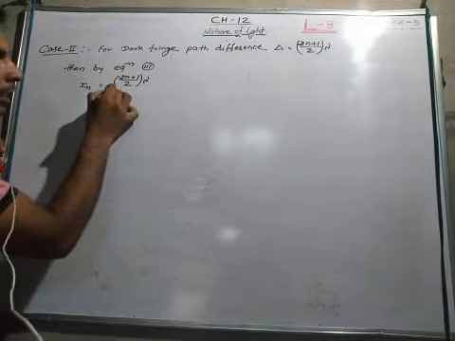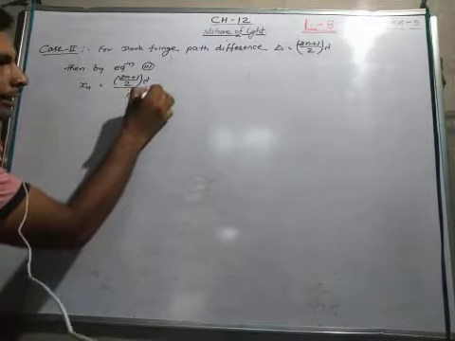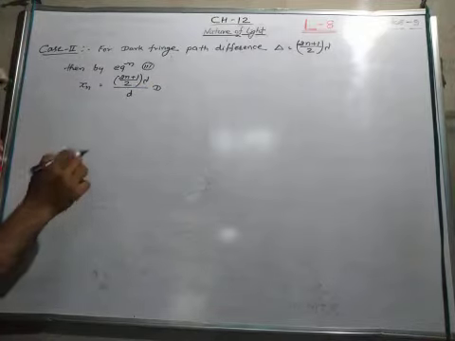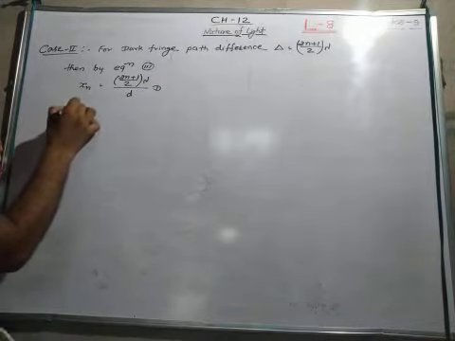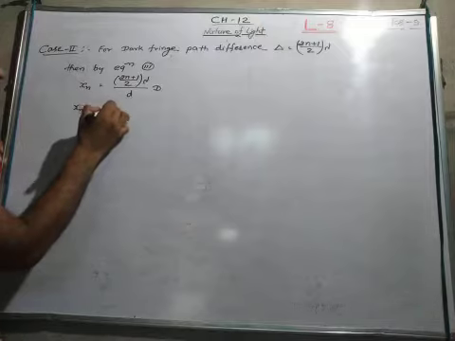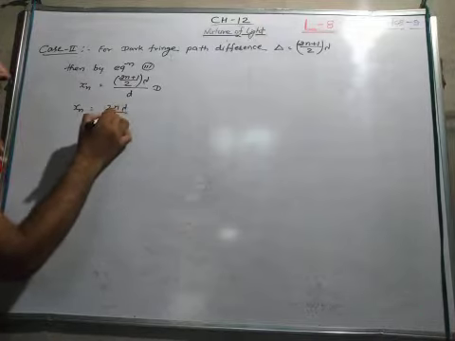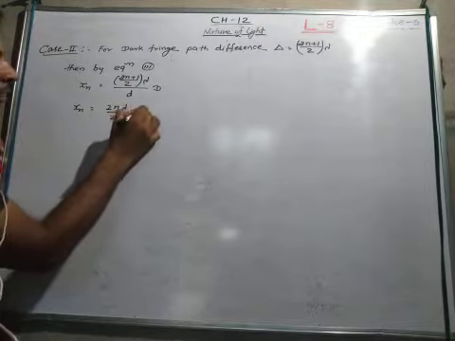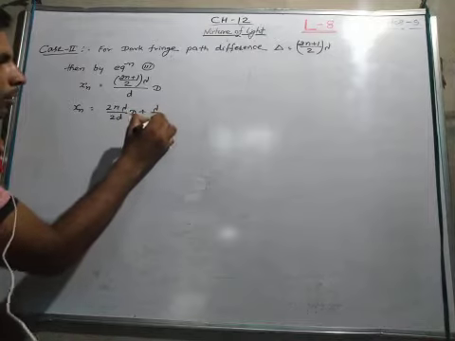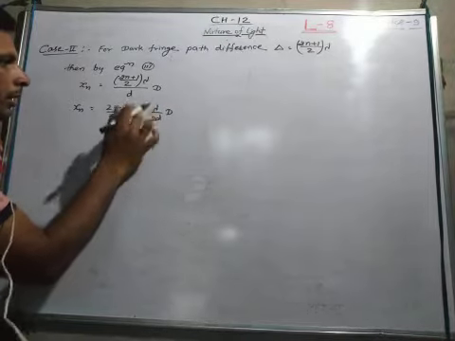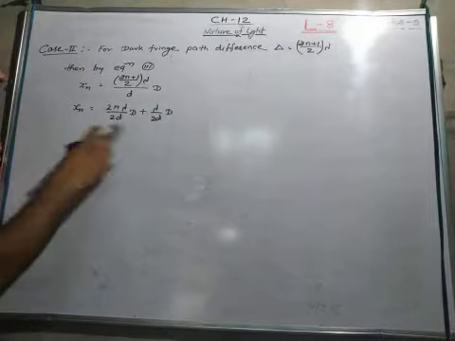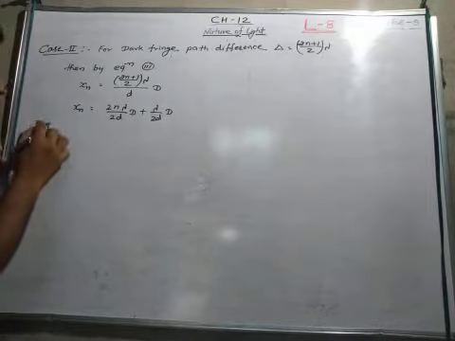This is the value of delta upon small d into capital D. Okay, now we remove the bracket, then 2n lambda upon 2d into capital D plus lambda upon 2d into capital D. This is the value of xn.